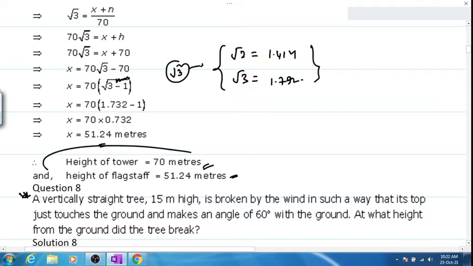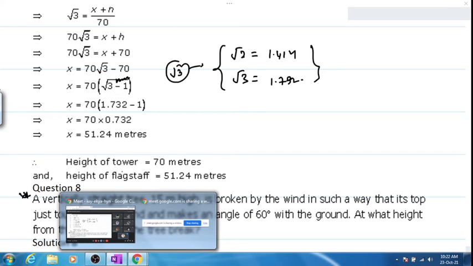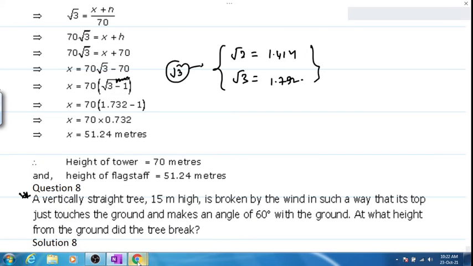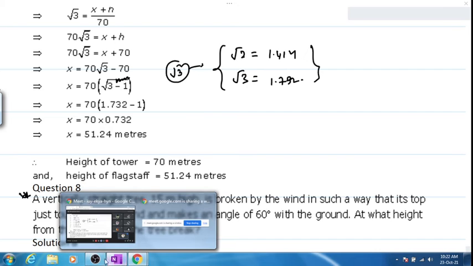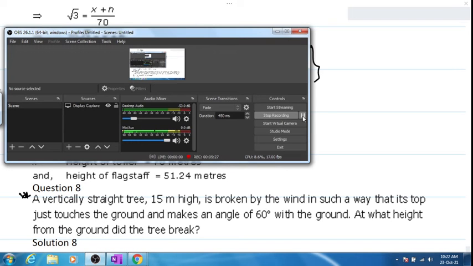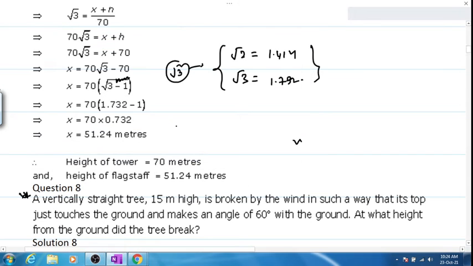Now there's a question, number 8, waiting for you all. People who are done with this question and have got this answer, kindly move on to question number 8. Start off with reading the question first and then try to draw the diagram on your own. These are some different questions apart from your NCERT. Very important for you all to revise these things. I am stopping the recording portion. Kindly do it. Is there anyone in the class who is done with this figure?